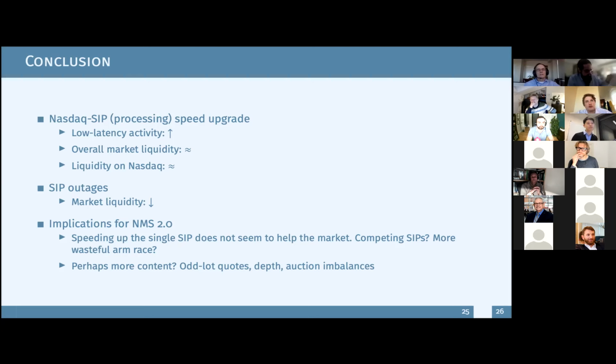So my question is, does your paper have anything to say about how the consolidated tape should be used? Maybe it could be used just to report trades, just report quotes, but it could also be used as an auction mechanism itself, as a limit order book.